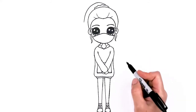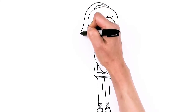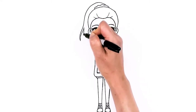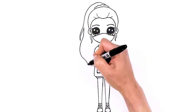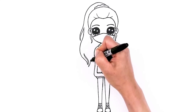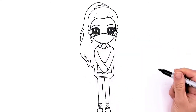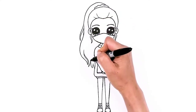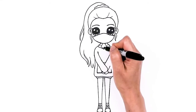Okay, so then from there, let's finish off her gorgeous hair. So I'm going to come right here, pop out a strand, bring it in, just to give it some movement. Come out, come back in, and just tuck it in there. So hopefully you love her hair, and some details right here, maybe a little